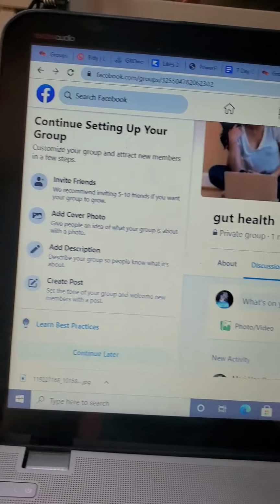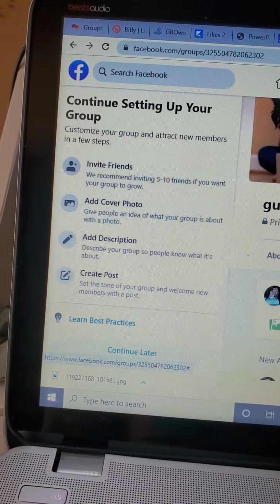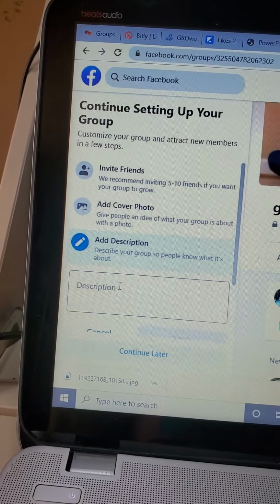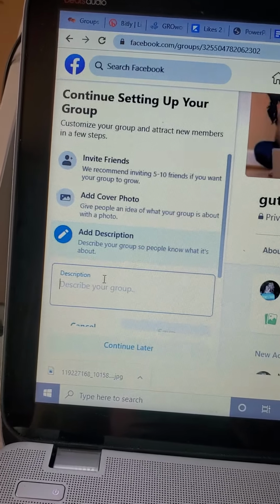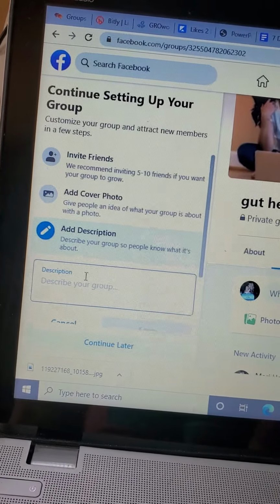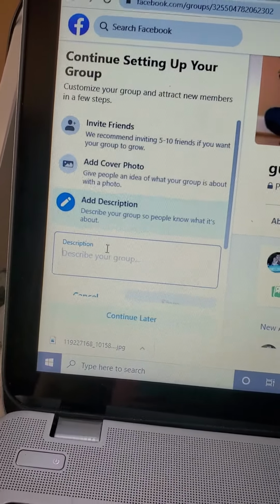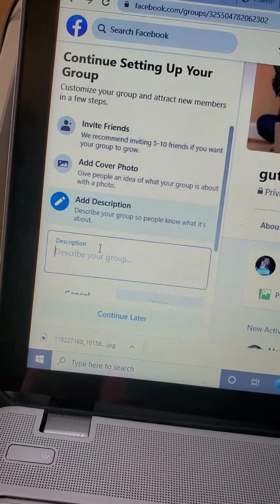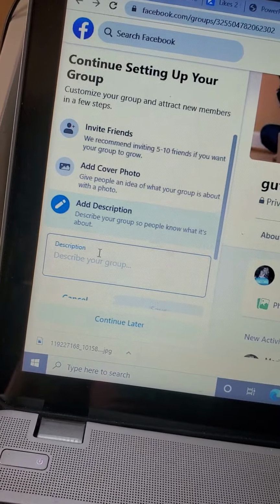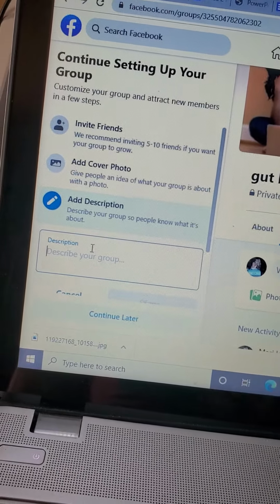And then you're going to go through and just invite friends, add the cover photo, which we just did. That's your cover photo. Add a description. This is the part where you're going to say, this group is about gut health, and I'm going to show you recipes that are great for your gut, that's going to be healing. That's going to make it sound right. Don't make it sound goofy like I am, but you're going to have recipes that show you how to take care of your body, how to clean out your gut, when is the best time to do a cleanse,